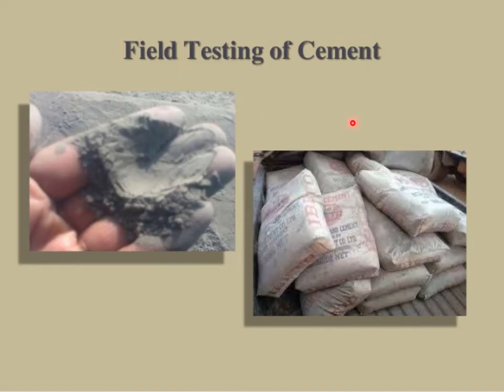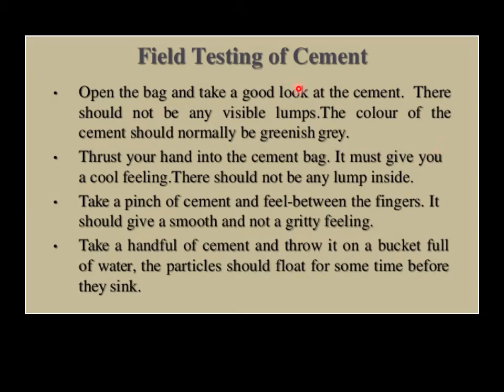So see, laboratory tests, you have n number of physical tests on cement, but field test on cement is also a very important property. Now, in the sense, when a sample of cement is given to you, you need to check out the physical properties of that cement. Just an oral look or the oral touch on the cement will make you understand whether the cement is of good quality or not. So, how to check that? You have some field tests.